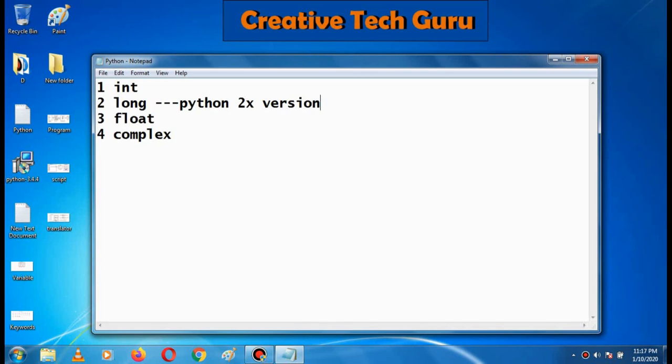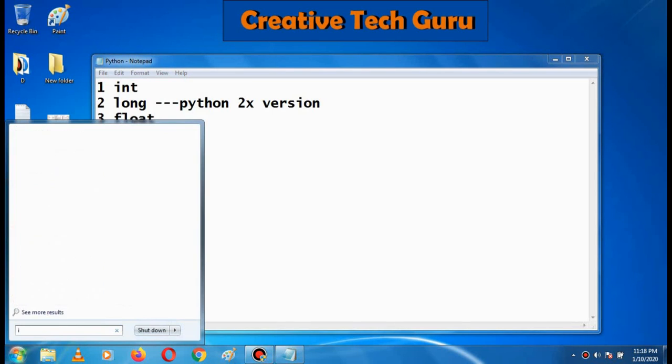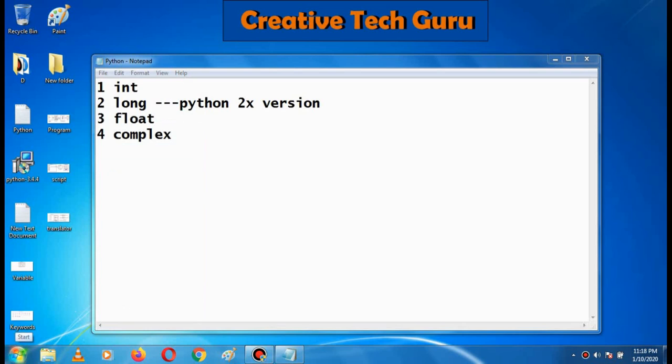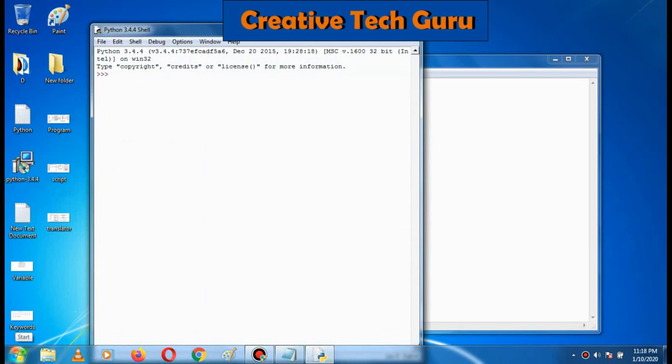For example, now open IDLE. I am going to assign a value, that is for a, 0.0678. Now I am going to print what type of data type a is, that is float.